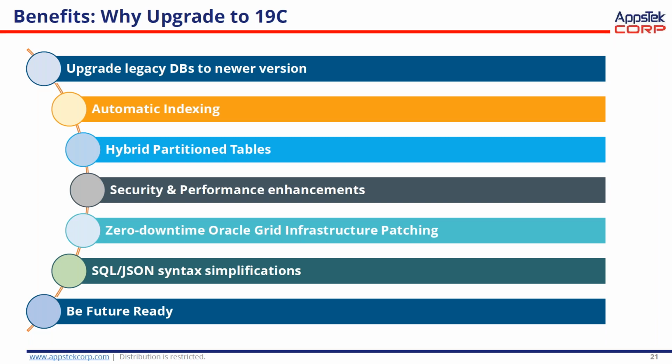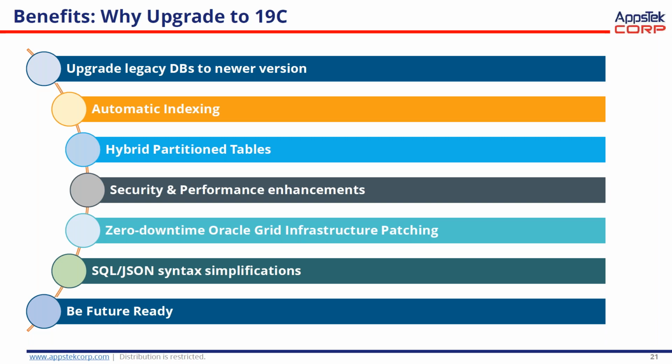And that SQL and JSON syntax simplification, it's really a great new feature. JSON has now started supporting the materialized view, which was not there, and you don't have to create so many functional indexes to upgrade those features. And one new SQL feature that has a great upgrade in the 19C database